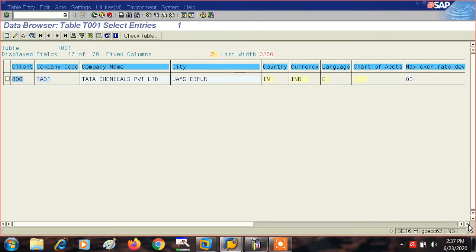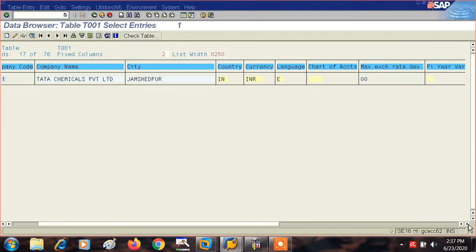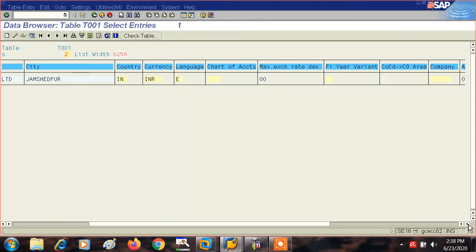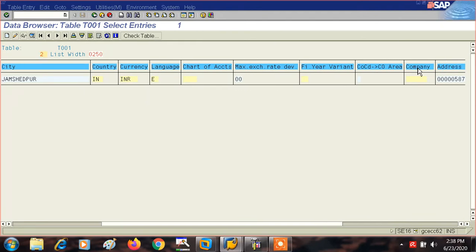Again see here, see this part, company, now it has become blank. A short while back when we looked at this part, TA01, the name of the company, was written over here. As we deleted that company assignment in the system, in the table it has also been deleted.